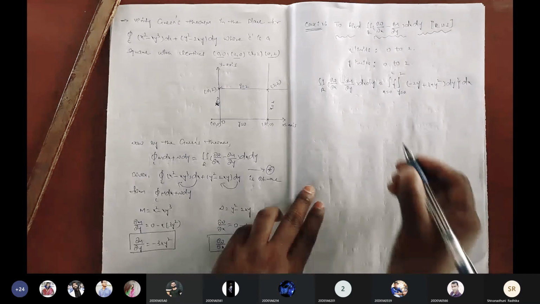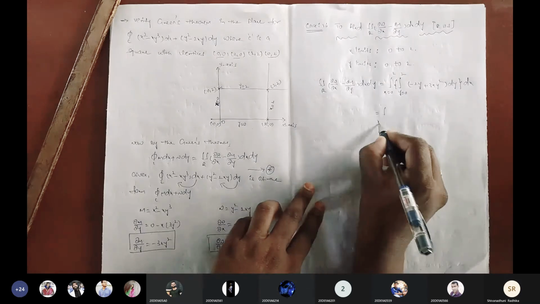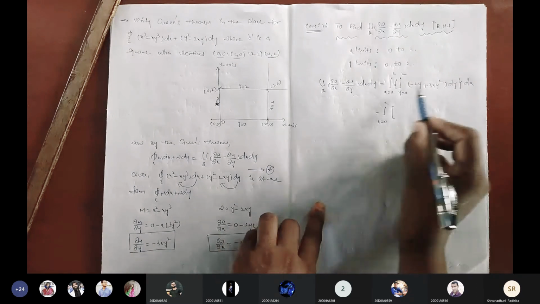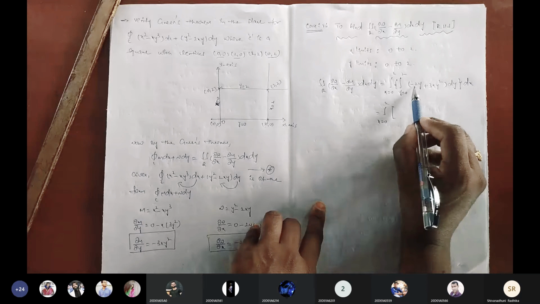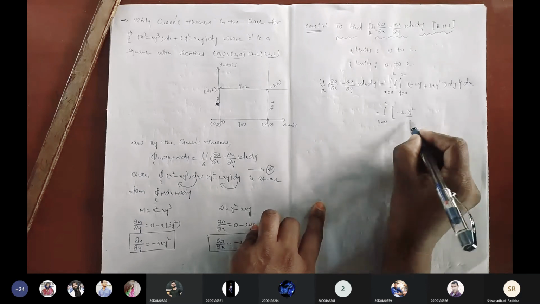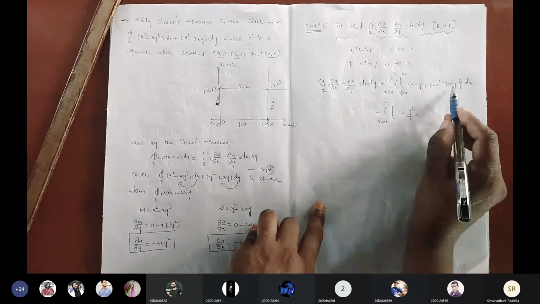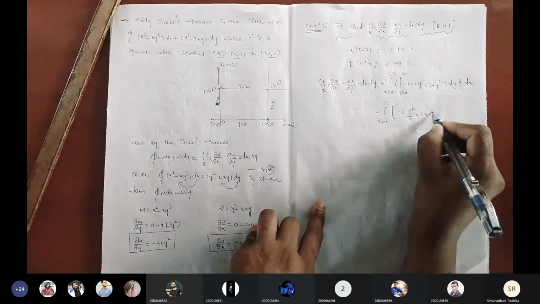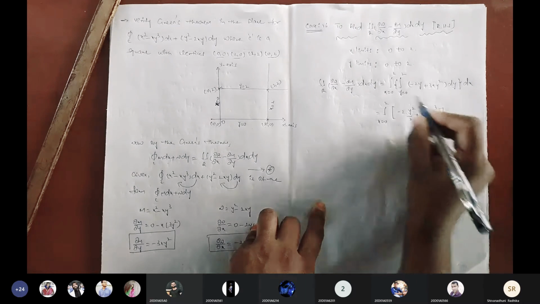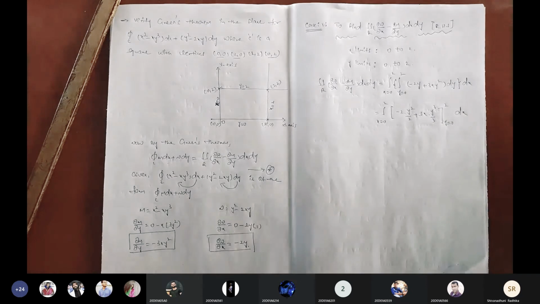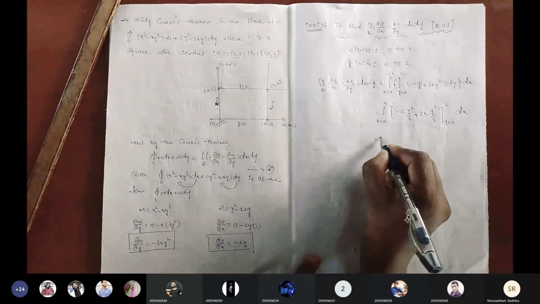It is clear now? So that equals integration x equals 0 to 2. Here, integration with respect to y. Minus 2 is a constant, taken outside. Y integration is y square by 2, plus integration dy. 3x is a constant, taken outside. Y square integration is y cube by 3. And these integration limits are y equals 0 to 2, into dx. So the first integration with respect to y is completed. Now substitute the limits here.